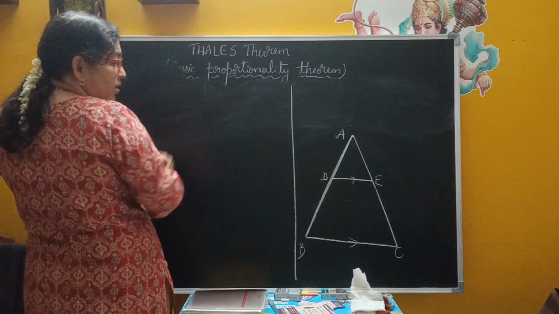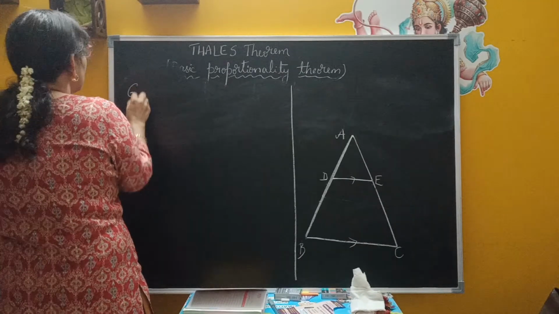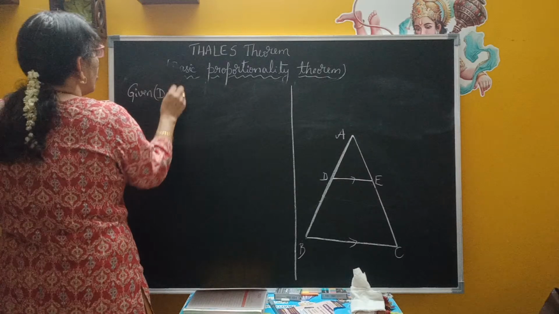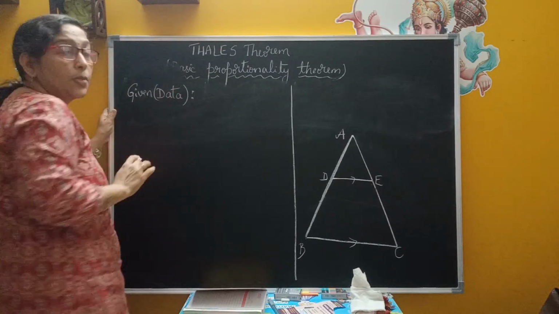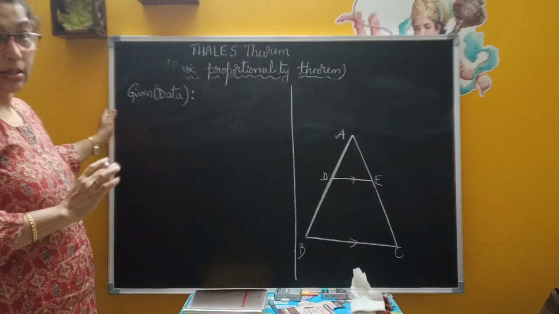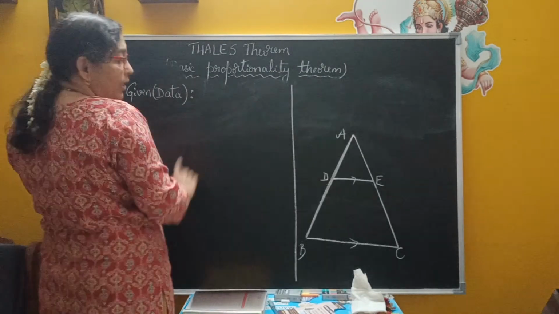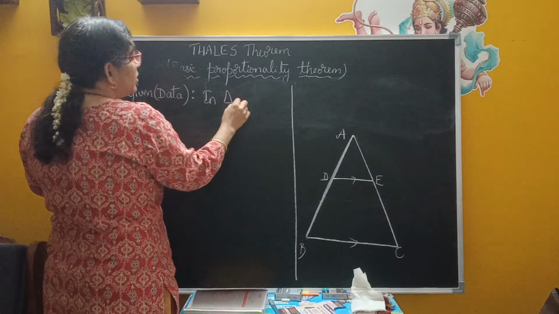Figure says here in triangle, which is triangle ABC. So what is given, or we always call it data. Given or data, both are the same. While proving a theorem, the first part is you need to write the data, or what is given in the statement itself. In triangle ABC,